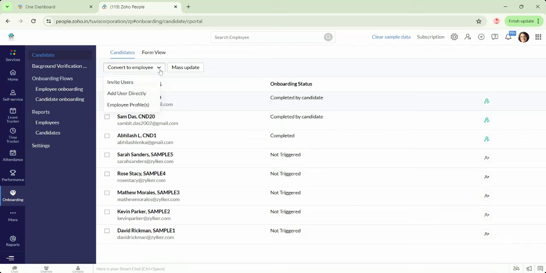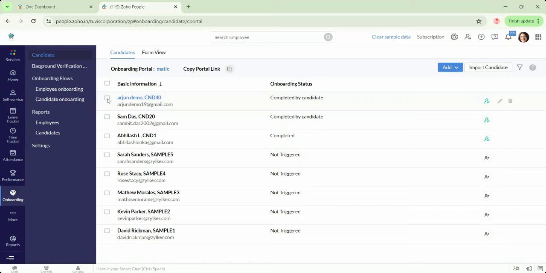Then they are able to access all the attendance modules, sleep tracker modules, and time tracker modules. If your organization chooses only the admin to see the employee details, and there is no necessity for the employees to have the self-service portal, you can just convert them into employee profile. This is the overview of the onboarding process.